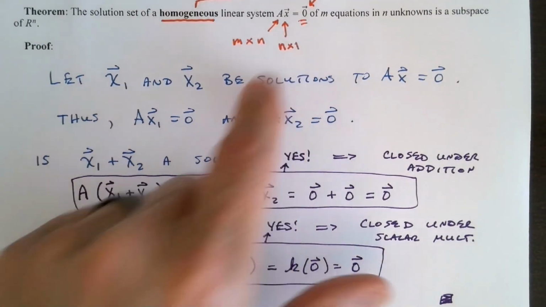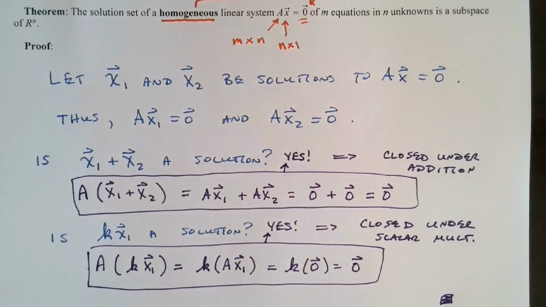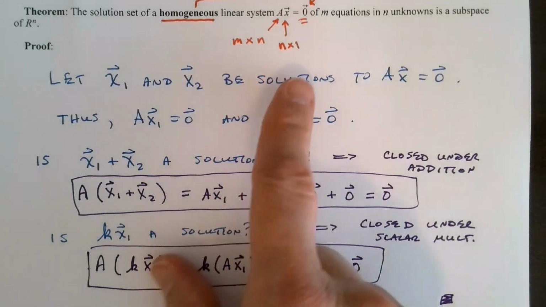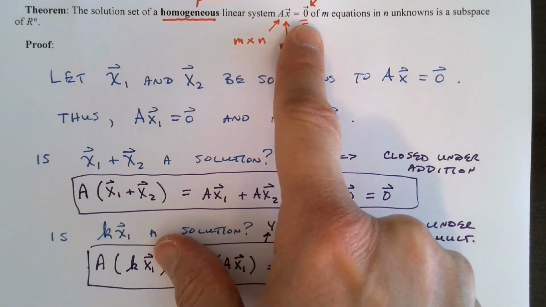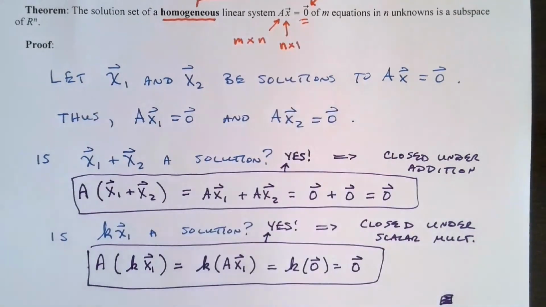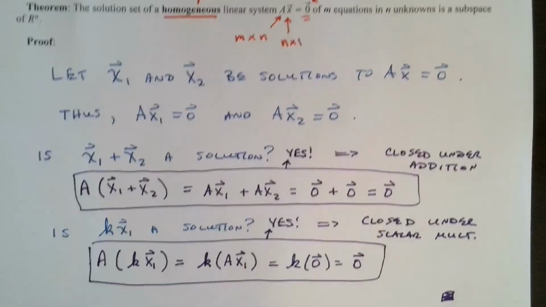And remember, what can we have? Well, it's consistent, right? We always have the trivial solution. So you're not going to come up with no solution. You're going to have what? The trivial solution only, which would be what? The zero subspace. Or you'll have infinitely many solutions, including the zero vector. And if you have a particular system, and we'll do an example, you can